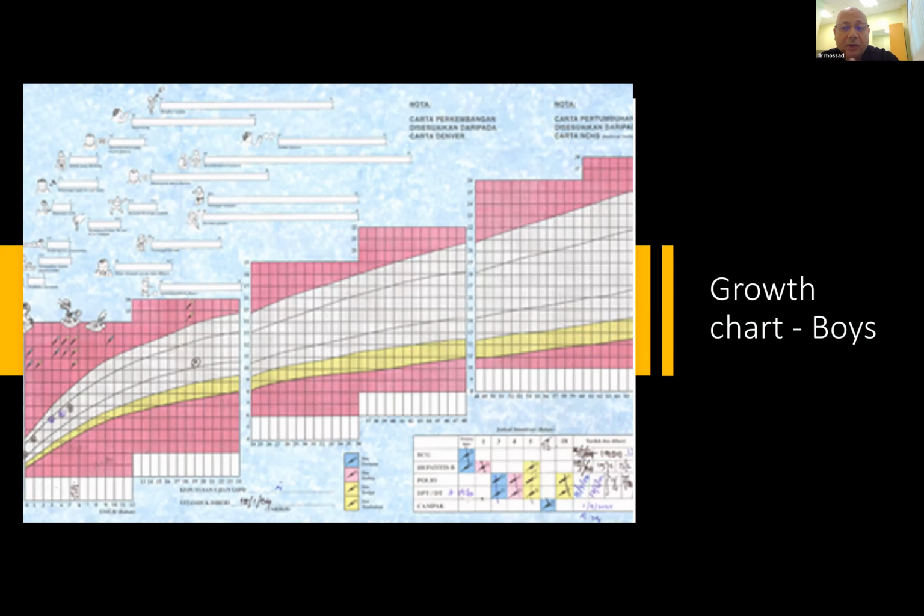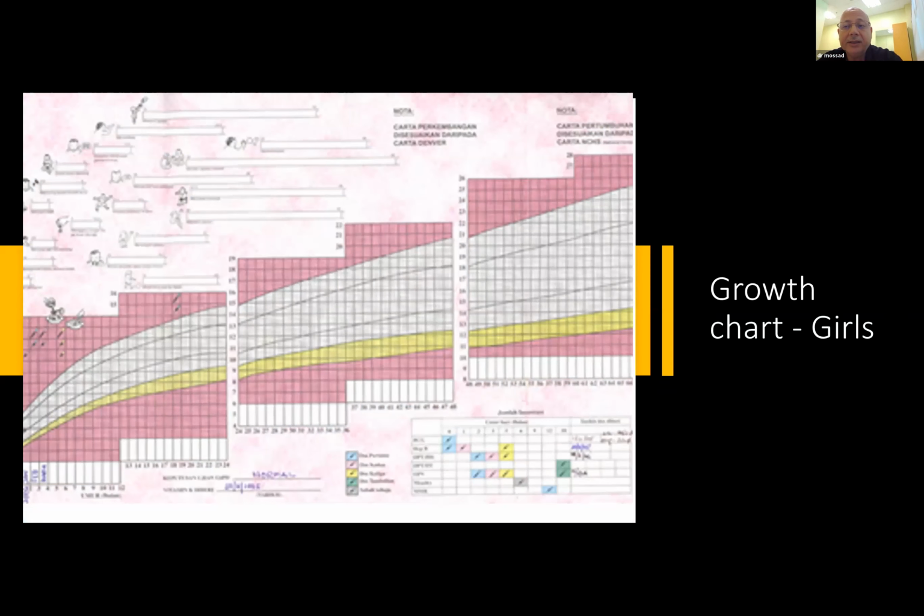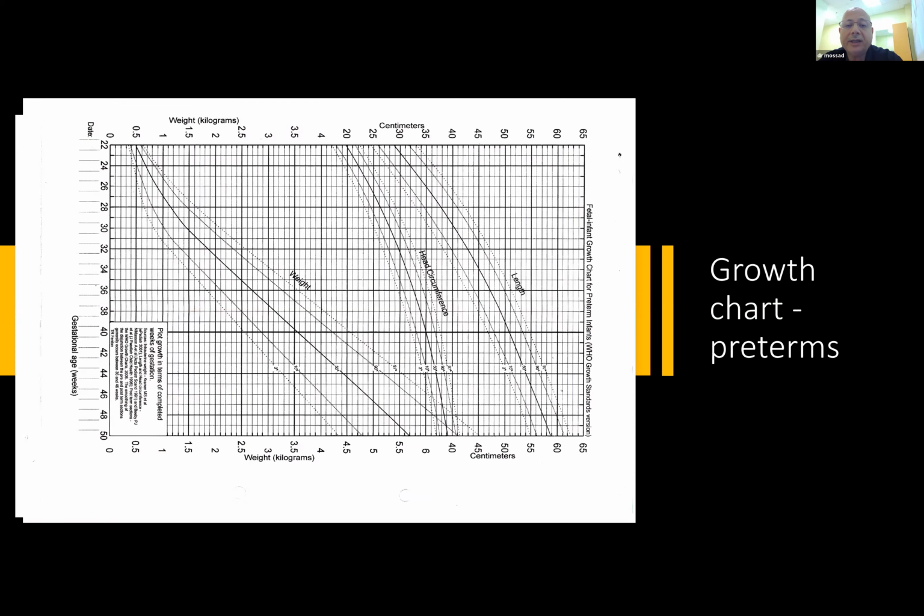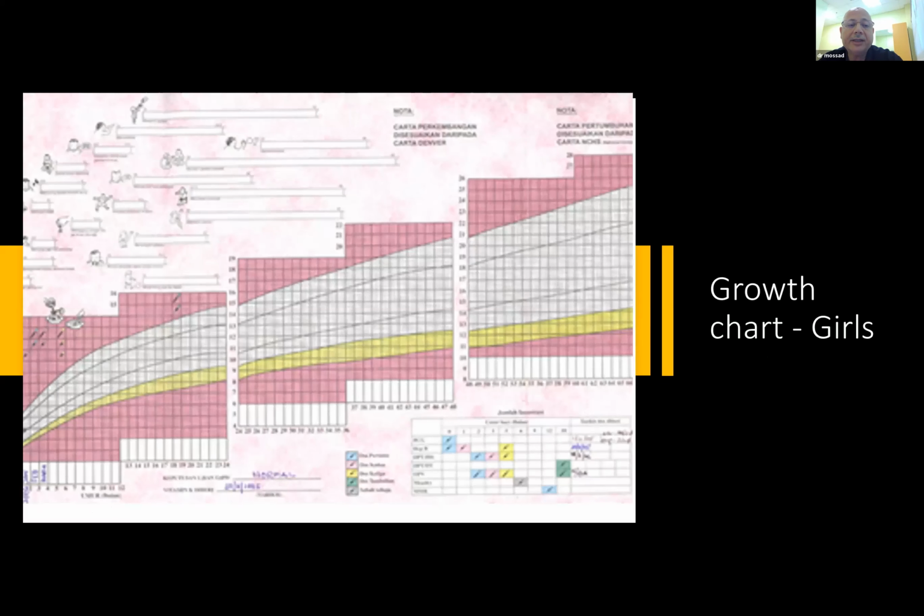Is it your question or do you need to ask any other detail? I think it's understood for now. So you must plot here, there, and this child is on the 10th centile for all. This child is on the 3rd centile. So for a neonate, I will say